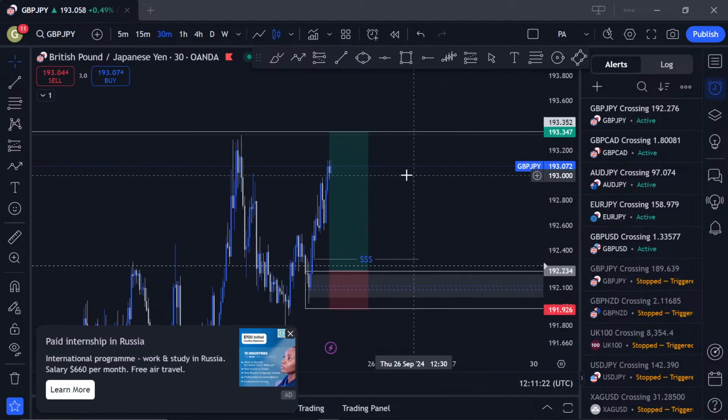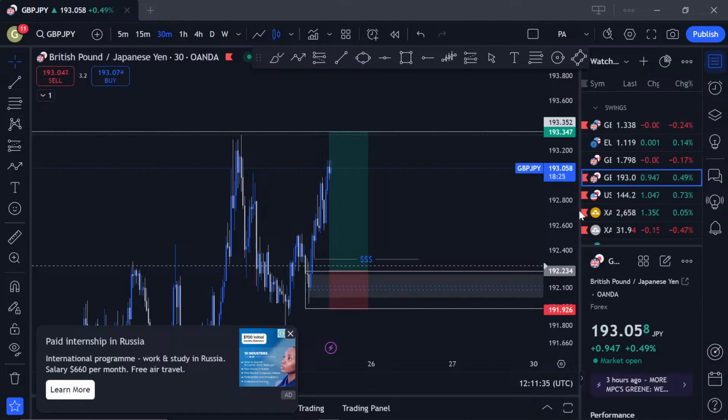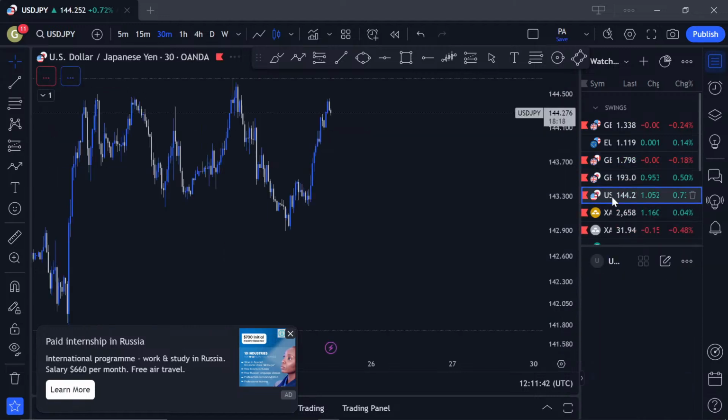Our number one target is this at 193.352 level. That will be our official take profit level, and our stop loss should just be at 191.926. That will be about 30 pips stop loss. Now all the markets I have formations in, I'm just going to give them the red flag. Now next up is